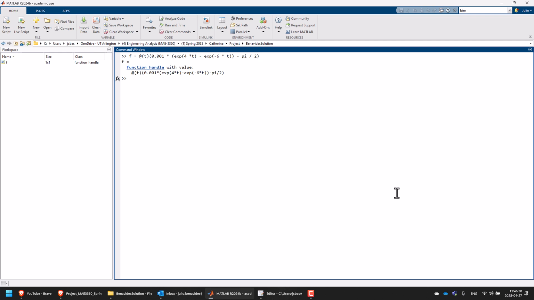And you have what's called an anonymous function. And in this case, it's telling you it's a function of time. That's why the t is in parentheses. Right. Then we can determine that time when the pitch angle equals pi over 2 using the f0 function,